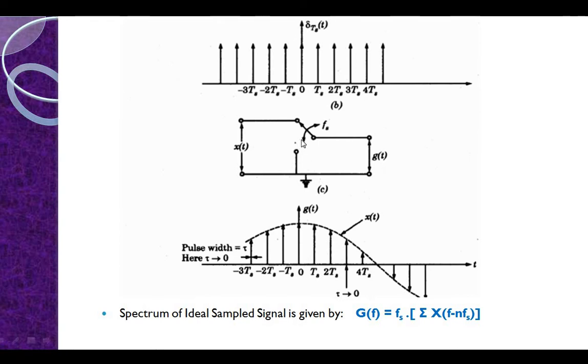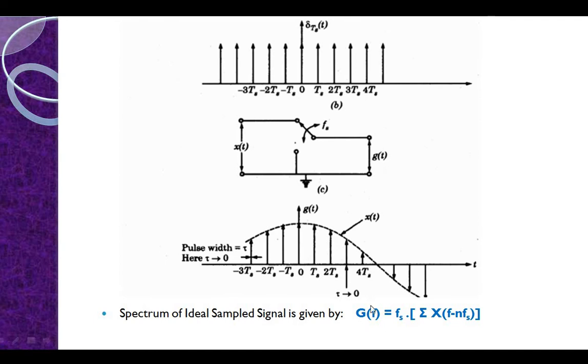You just have to use a normal circuit with a message signal and a switch. When the switch is on, this carrier, this train of pulses, will be multiplied with your message signal, with the amplitude of that particular signal, and you will be getting a train of pulses, which is your discrete converted message signal. So the first one is your ideal sampling.